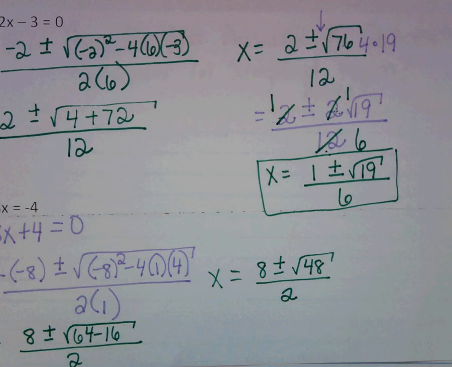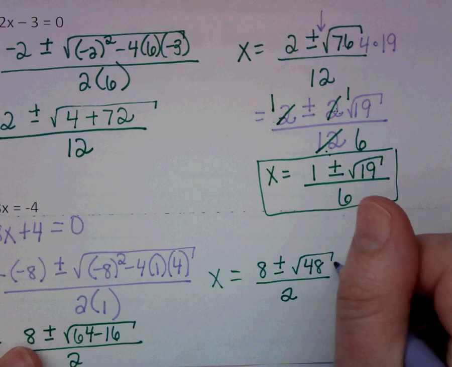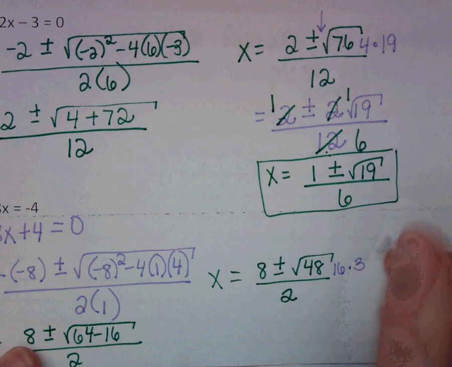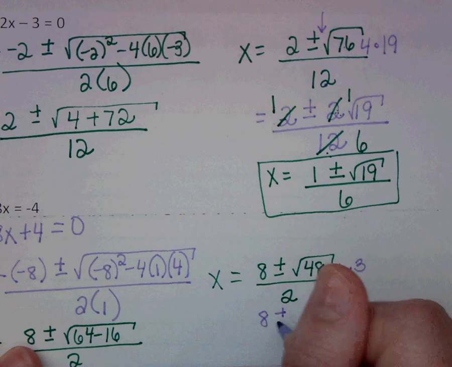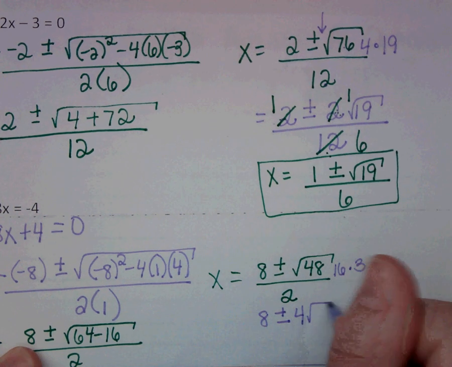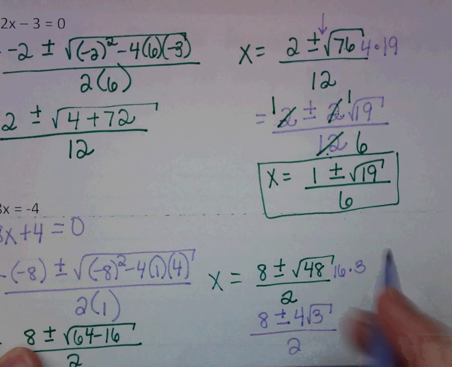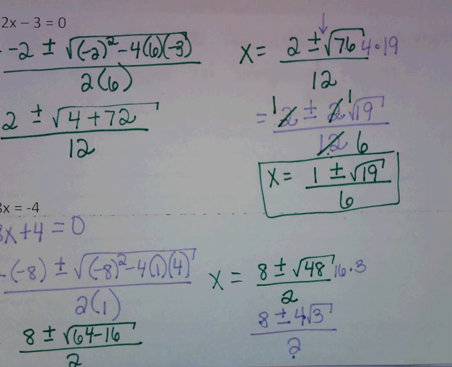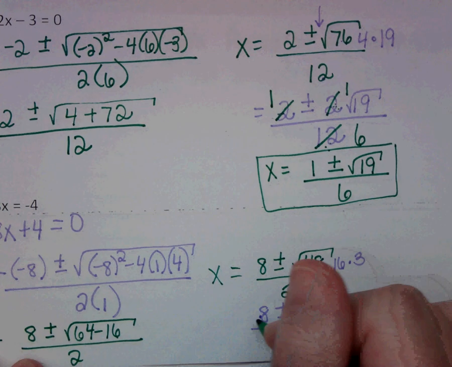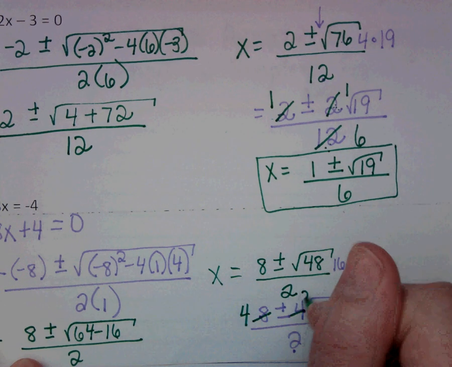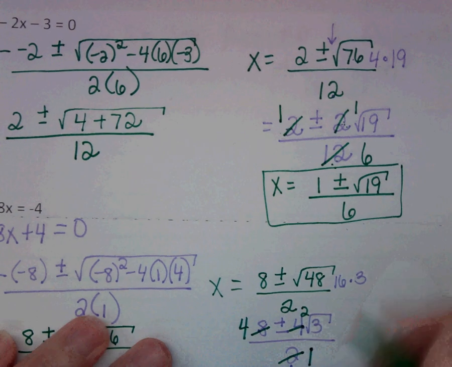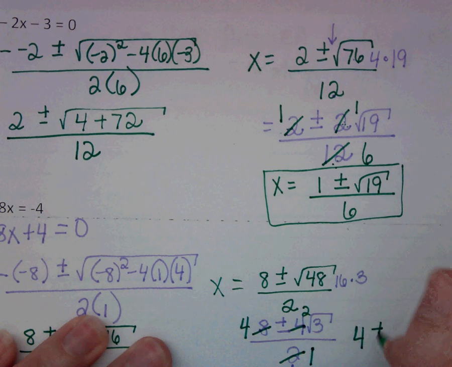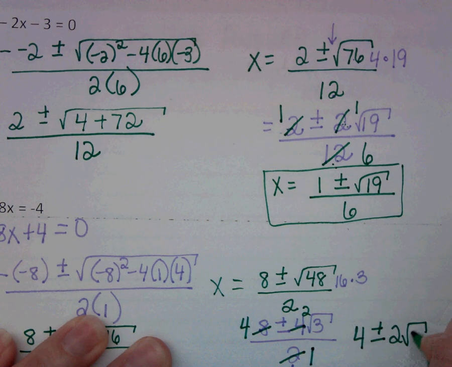Again, nothing we can do yet at this point. 48 breaks down to 16 times 3. So that would be 4 the square root of 3 over 2. And now I can simplify all of those outside numbers. Everything is evenly divisible by 2. And so this would be 4 plus or minus 2 the square root